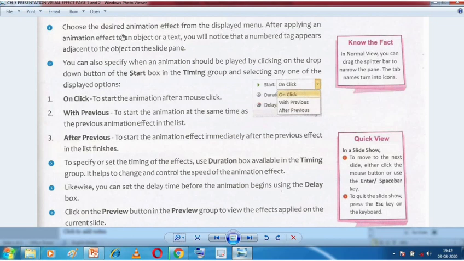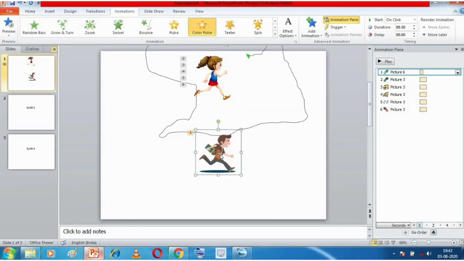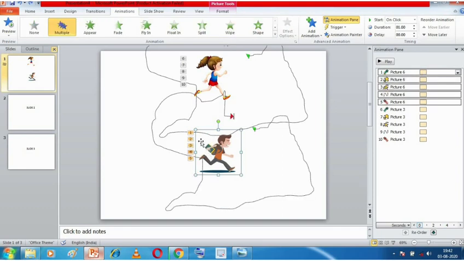After applying the animation effect to the object or the text, you will notice that the number tag appears adjacent to the object on the slide pane. So you can see that now this object's old animations have gone. So I'll bring them back using the undo option. So when we apply the animation, students, you can see that the numbers have appeared over here. So this is what they are talking about.